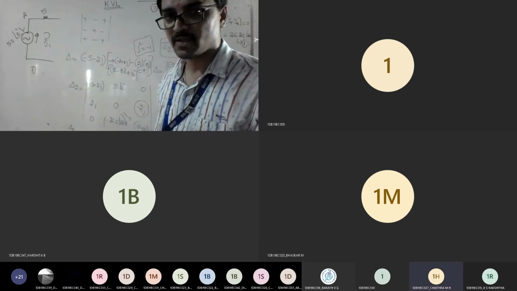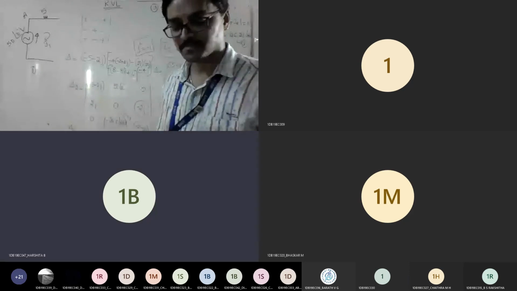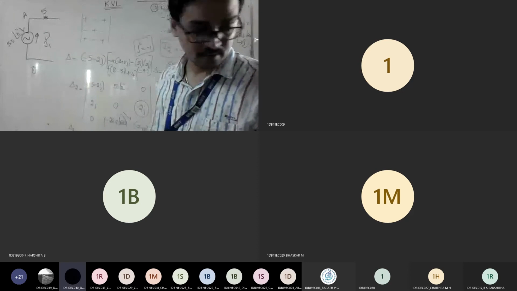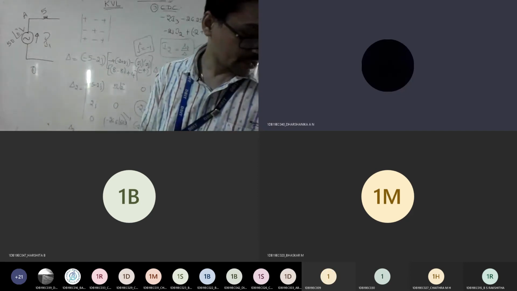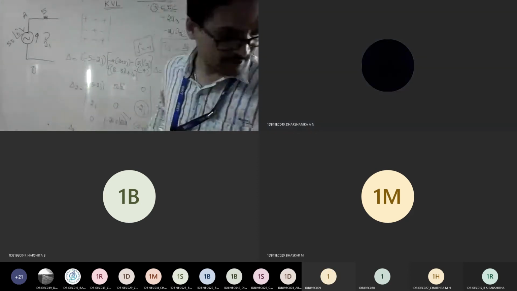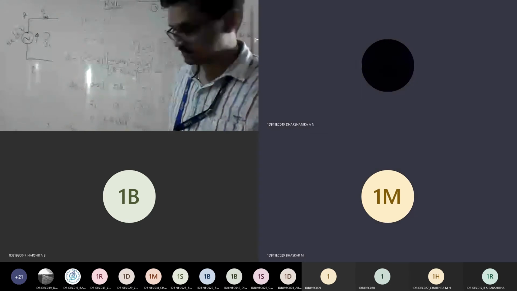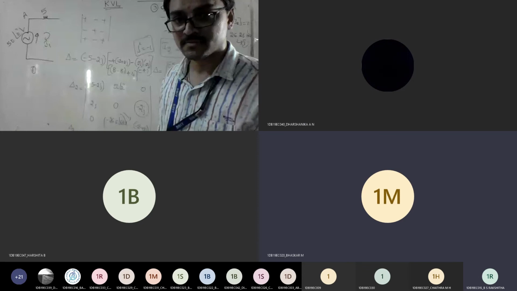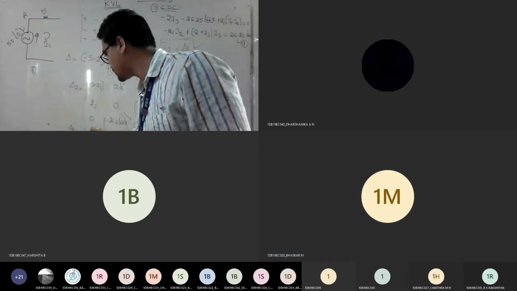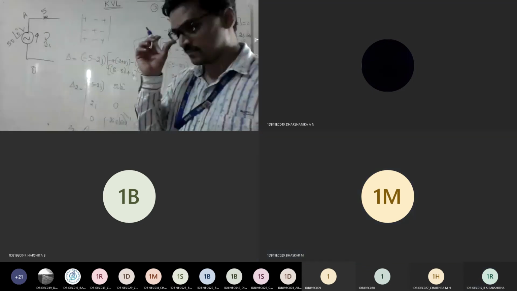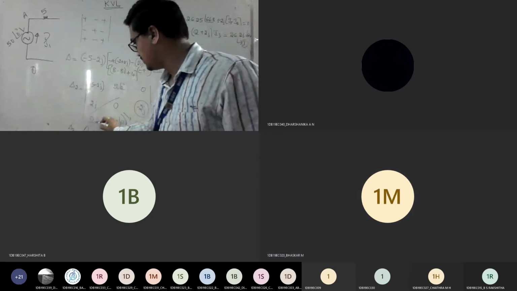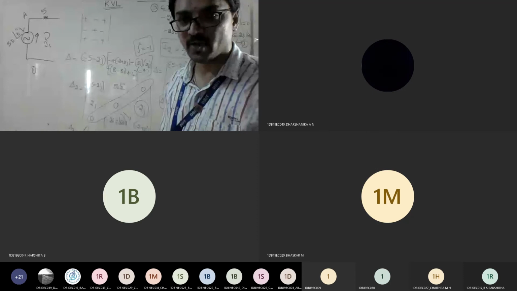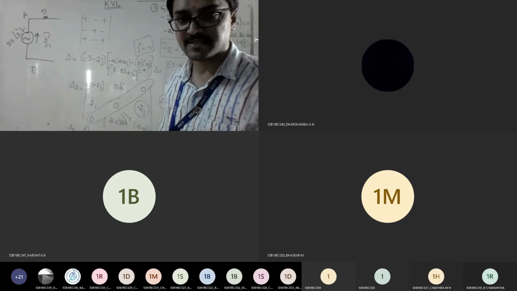Everyone? Yes, sir. So what is the answer you got here for delta 2? Someone said 399 minus 0.6j. Just check it out; you will get the answer as 0. You can see here this is called your diagonal element, right? So everything is 0, so obviously you have to get the answer as 0.